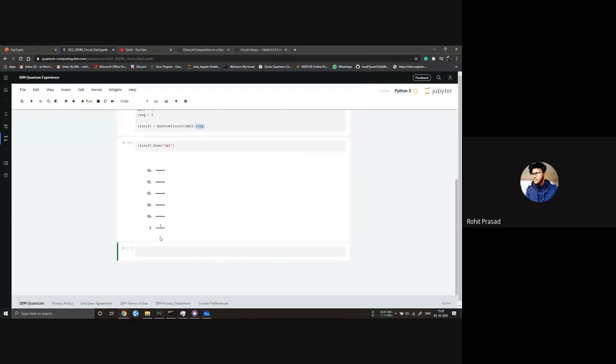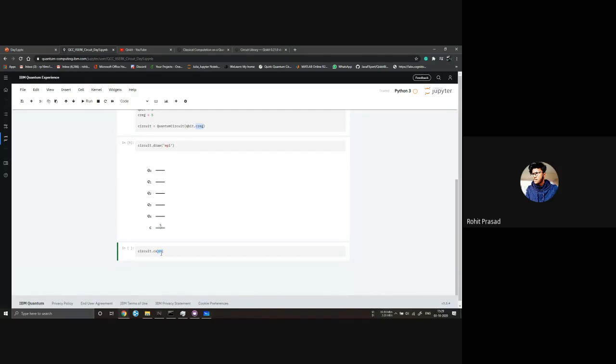For the first thing, we want our control at 0 and the X gate at Q1, right? So we want it to be implemented on the circuit. We write circuit dot whatever gate we need. We need a CX gate, and then we place the control qubit first.